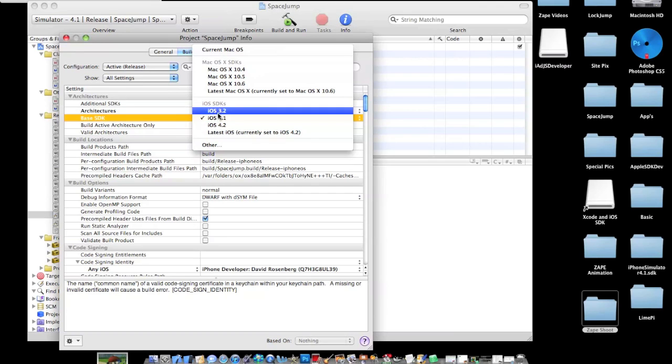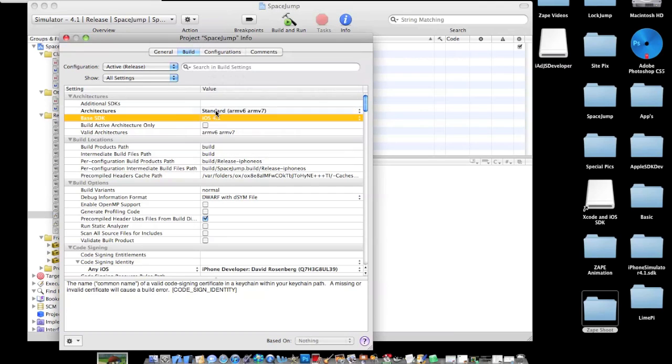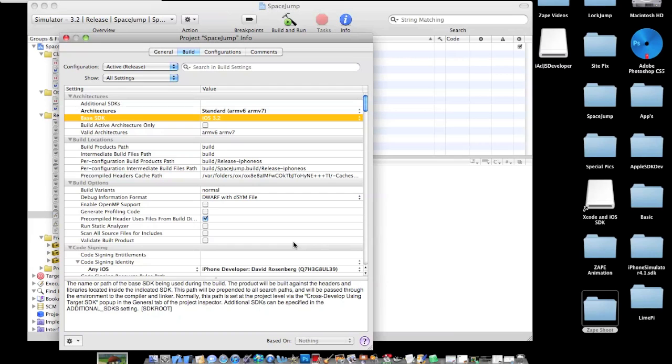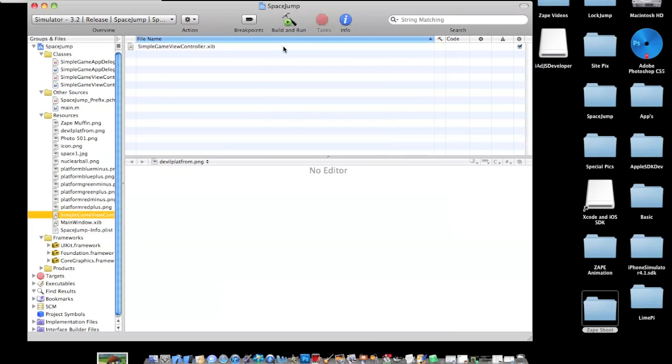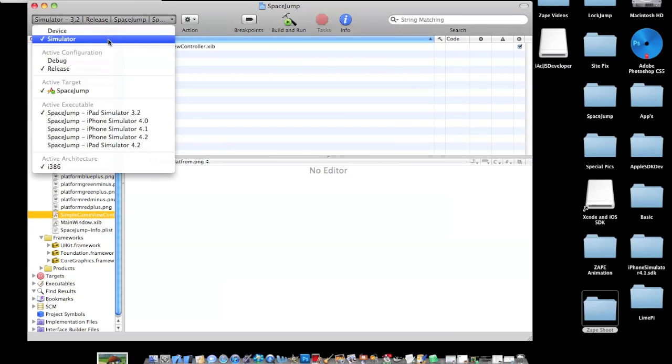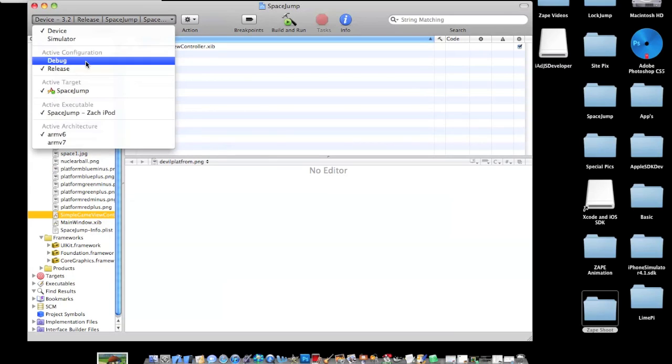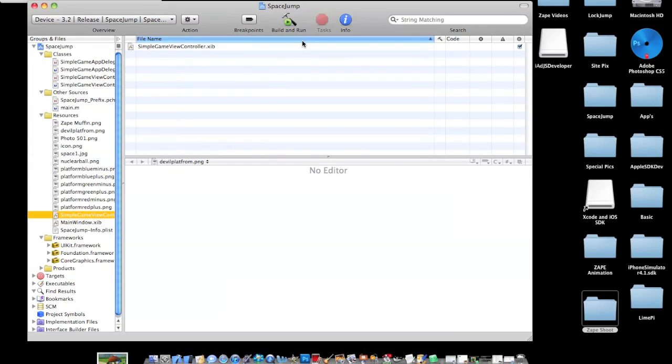So in this case, I'm pretty sure I'm going to put it onto iOS 3.2. I'm putting it onto my iPod Touch. So I have to do that, close that, and then I have to change this from Simulator to Device, and it also has to be under Release. And now that I've done that, if I can click Build and Run,